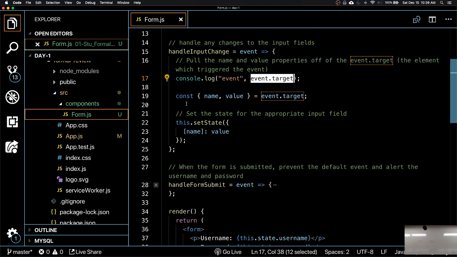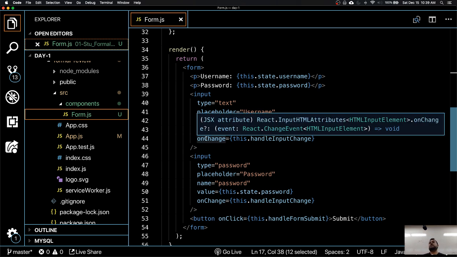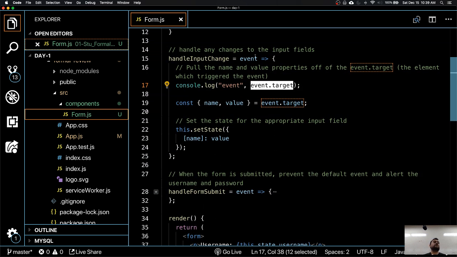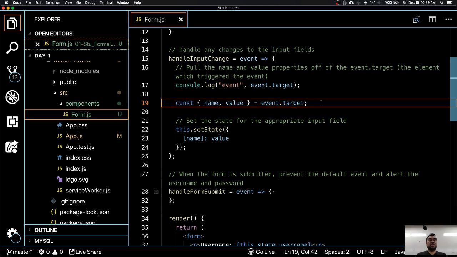Event fires when the name changes. Well, it's kind of close. The event is firing at this point anyway. So this reallocating or destructuring. Yeah. So the event that you are saying is going to get fired over here anyway. So this on change, every time there's a change in the input box, this whole event gets fired. But what I'm asking is just this line, what's going on over here? And as Adam and Jesse are saying, what's happening is this is a newer syntax which is the same as